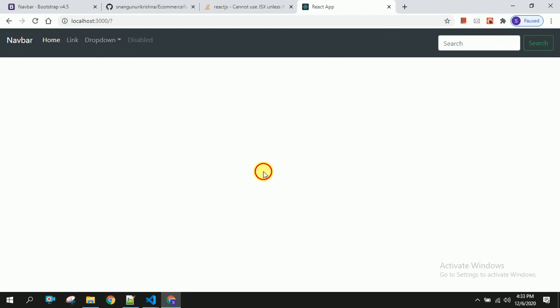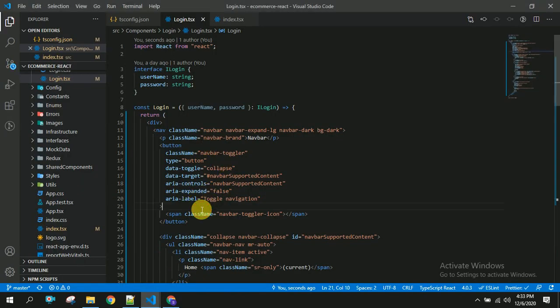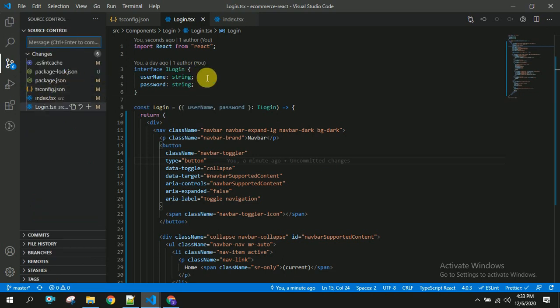The next thing is we have to install React Router DOM, and before that, if you don't know how to integrate GitHub or how to create a repository in GitHub and how to push our code into GitHub, you can go back to my channel and view the GitHub integration. There I have clearly explained how to create a GitHub repository and all. I have all these changes and I am going to push these changes to GitHub, so that I can give this particular link to you in the description.